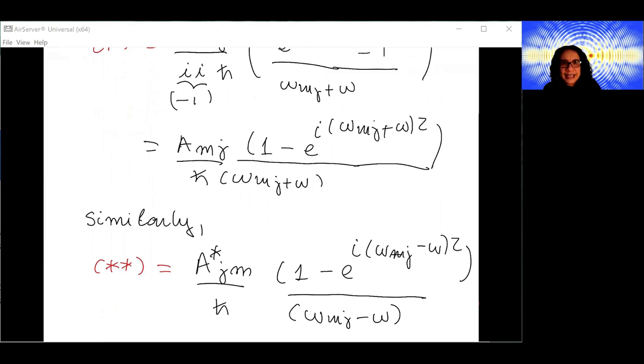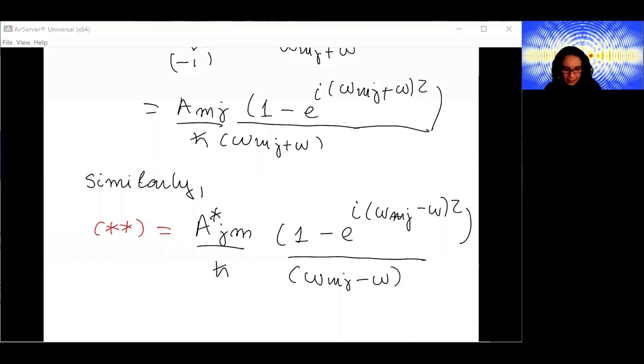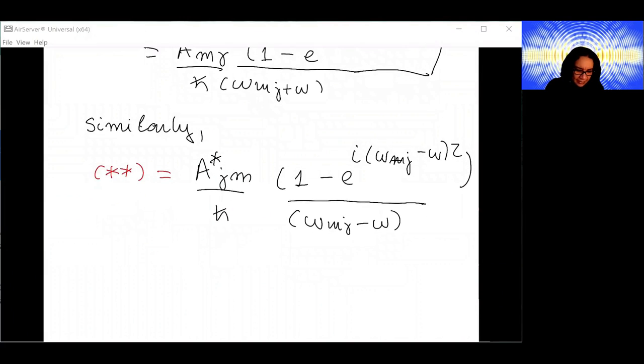And what you can see is that you can do some rearrangement when you add up these two things, and you'll be able to write this as a sinc. So this is a good exercise to try to show at home. But I'm going to show you quickly how this goes. And what you're going to have in the end is an expression which is going to tell you that